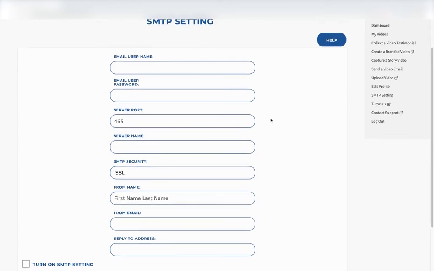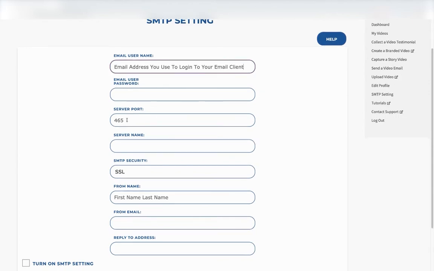So over here, you're going to see that this is going to be blanks. So the email username, this is going to be the email address you use to log into your email client, right? So when you're logging into Gmail or Outlook or whatever, if you're logging in externally and not via Mac Mail or Apple Mail, I should say, whatever email you use to log in, this is the email you want to put here. And then same thing, the password you use to log in to check your email, you want to input that here. Next thing you're going to see is the server port number,